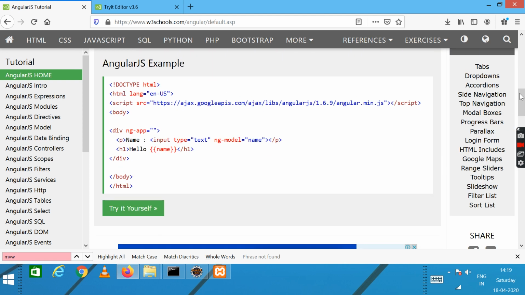Since it's JavaScript, similar to jQuery, it is used with a CDN.